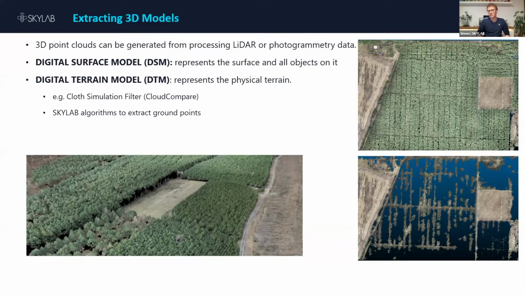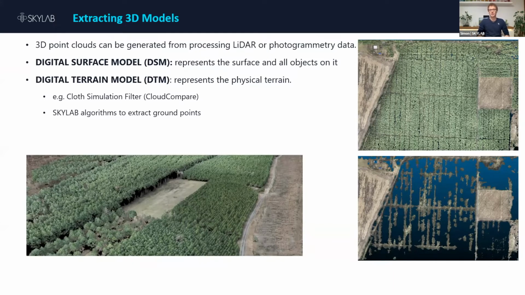The terrain model is a little bit more complex because not every point on the ground can be seen from photogrammetry, but from LiDAR it can, because it penetrates the vegetation. Here's an example you can see on the right-hand side. It's quite a dense forest, and this was done with photogrammetry via drone. So you can see on the bottom many ground points, and if the terrain is not really steep, you can get a tree height model or a normalized digital surface model.